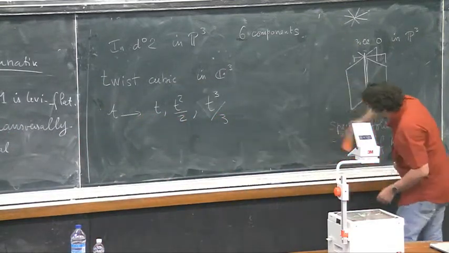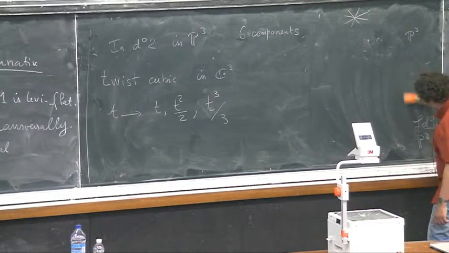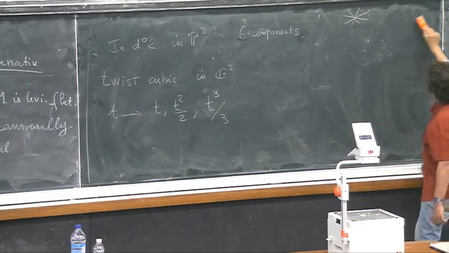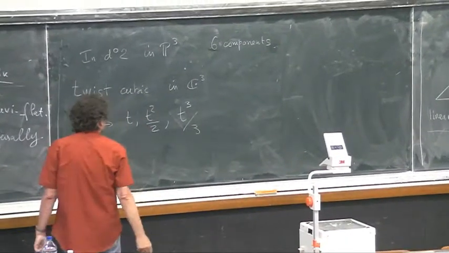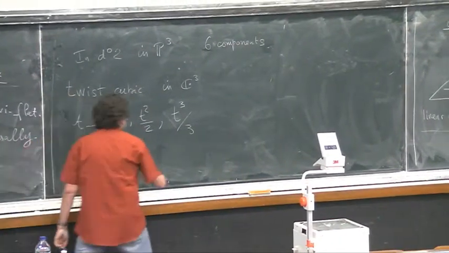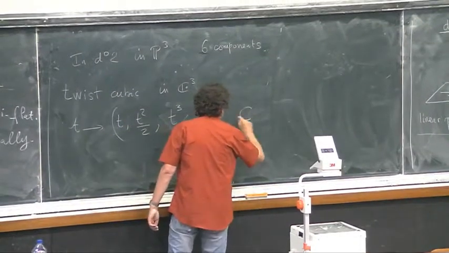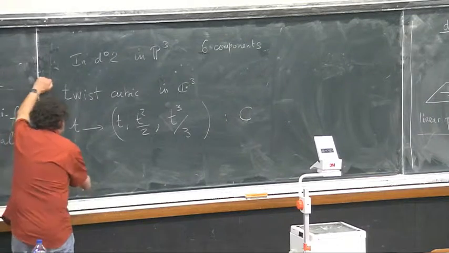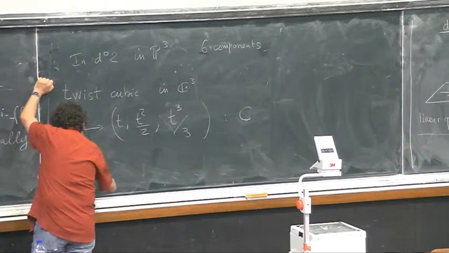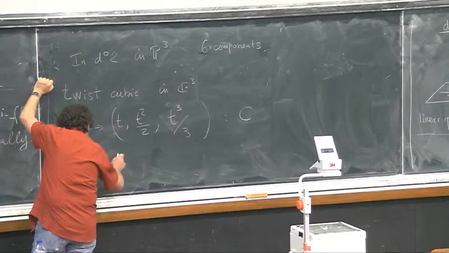And now I take in C3 this curve C. I denote by Aff(C3), by definition,